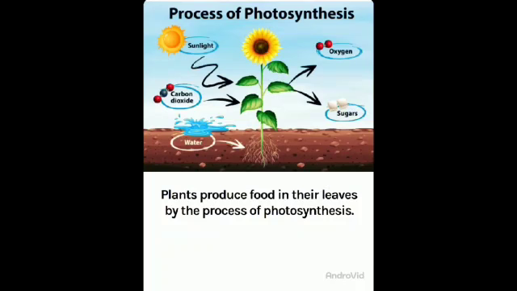Chlorophyll, which is not mentioned here, but here you can see the leaf. This chlorophyll pigment is present inside the leaf in the mesophyll tissue. Mesophyll tissue carries a lot of chloroplasts, and inside the chloroplast, which is a cell organelle, is the chlorophyll pigment, right? So with the help of these materials, the plant performs the process of photosynthesis, makes the food and provides us oxygen.